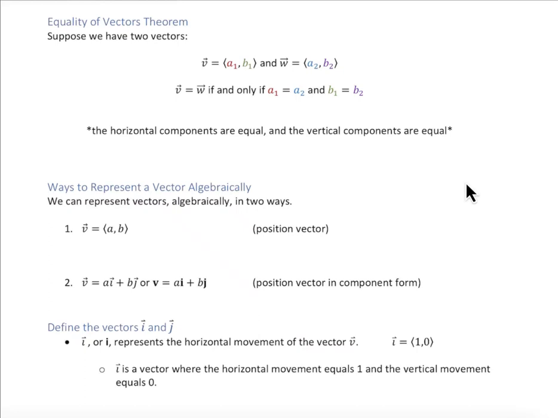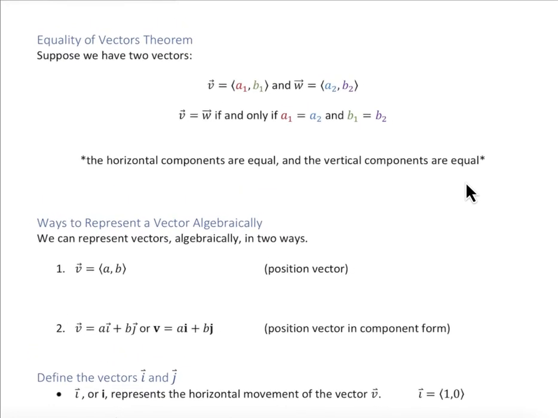In order to determine whether or not two vectors are equal, we can look at them in position vector form. So let's consider vector v and vector w. Vector v is equal to vector w if and only if the horizontal components are equal to each other and the vertical components are equal to each other, right? These two vectors are going to be the same if they travel the same distance horizontally and the same distance